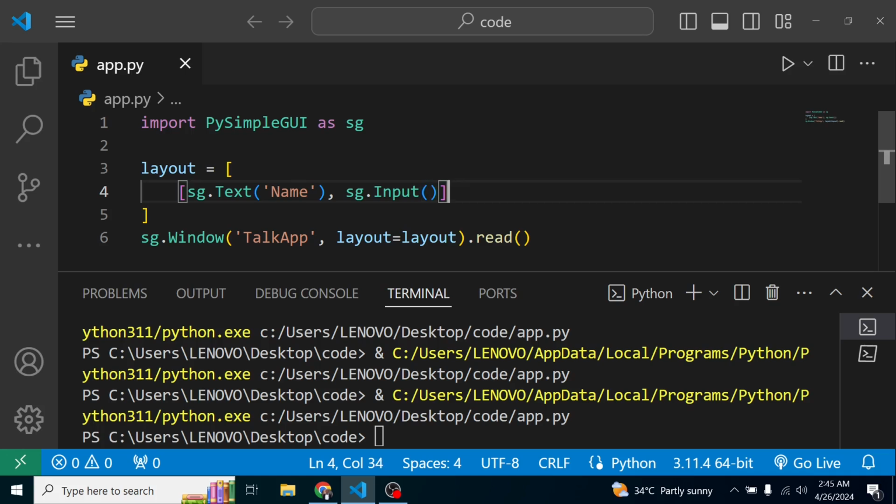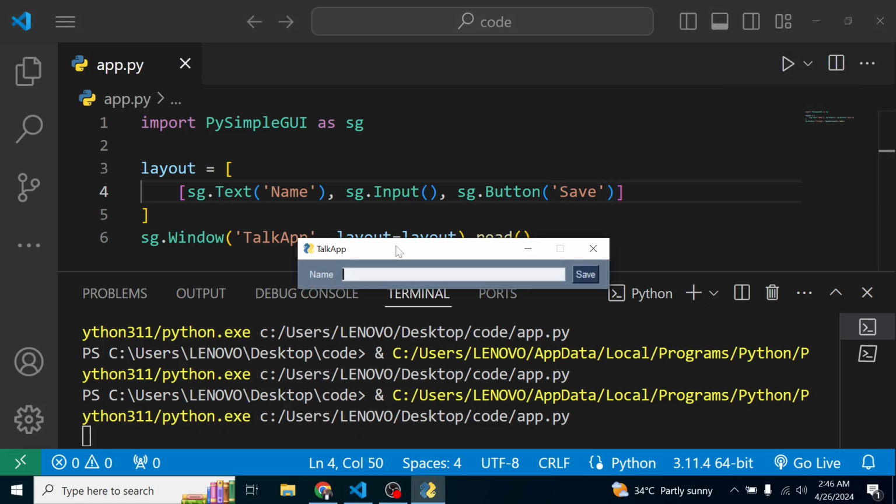So the big question is, okay, what if you want to have a button? If you want the button next to the input field, then we can also do a comma over here and do sg.Button. Inside of this, we need to pass in some kind of a label for the button. So over here, I can say save. Now, when I save this and run this, we get exactly how we have laid things out over here. You can clearly see that everything in this inner bracket, this particular list,